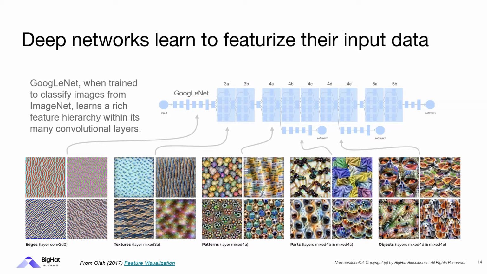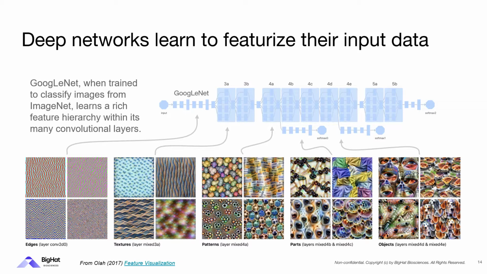It's very deep. You can see this schematic representation above, and when it's fully trained on something like an ImageNet challenge, which is millions of images with thousands of labels, it actually learns at these different layers things that are clearly interpretable,